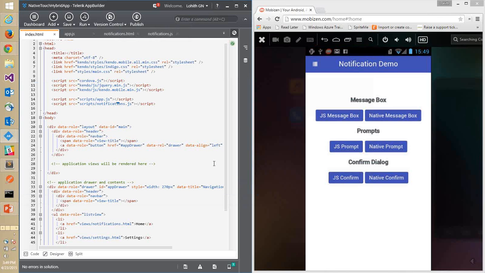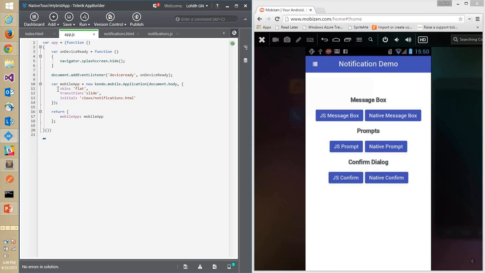Yes, so there's one more question. Is it possible to have different UIs for Android and iOS? Absolutely. I have gone with a theme called Flat because I don't care whether it's iOS or Android. I want it to look like this. So that's my USP. Typically you will see that the majority of apps look the same on different platforms, because they consciously make them look like that. Otherwise, you will have to comment out this line that I showed you, which says skin flat. So comment this out, then Kendo will automatically take the current operating system's UI and UX, themes, colors, and all those things. So now let me click on this,